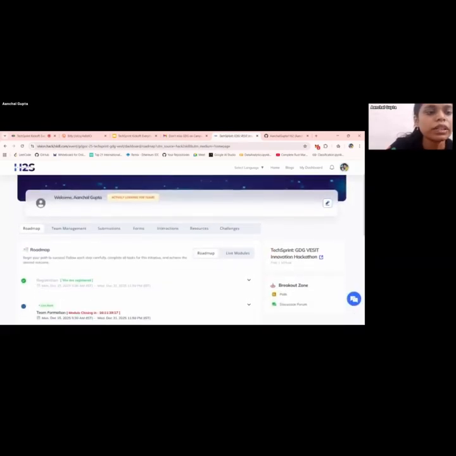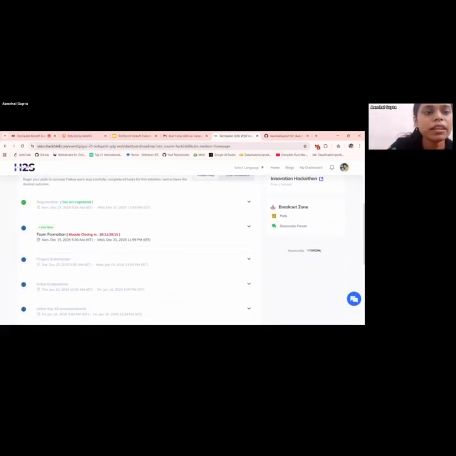Alright. So over here, once I have registered, there is something called team formation. You can form teams within any different classes, different branches. There is no limitation to that. But all of the students must be from VESIT. If they are not from VESIT, then it is not going to be a valid team.